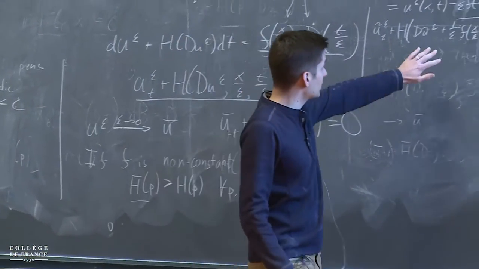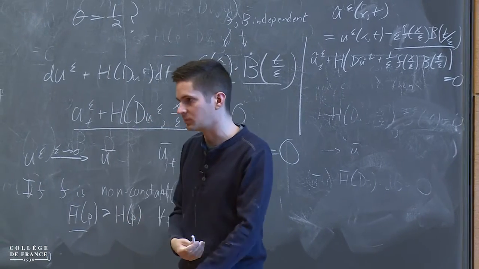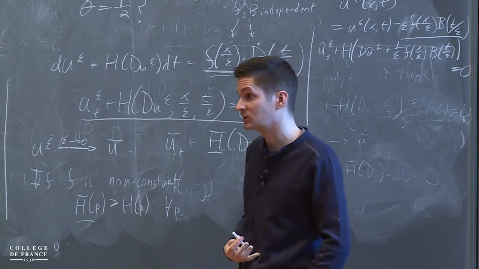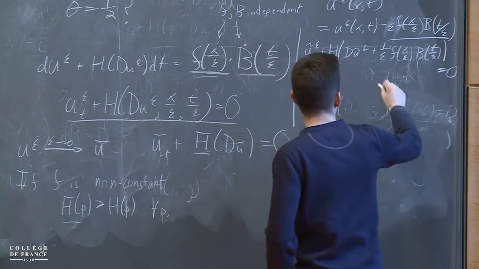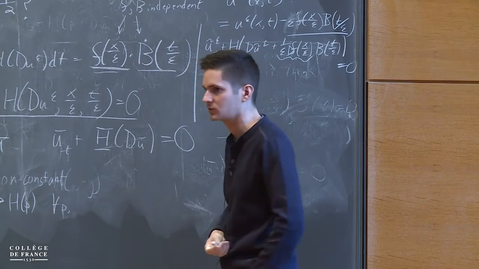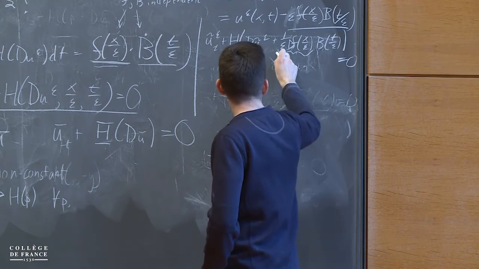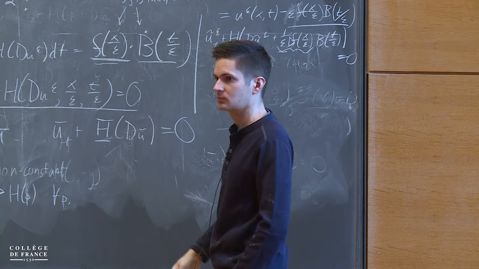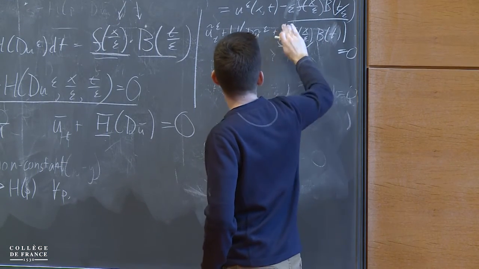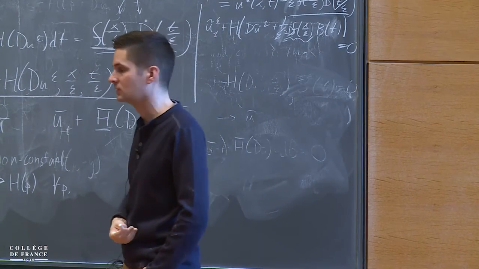And so now you say, okay, here's an equation which is classical. It looks like this equation here. Let me look up the available results on regularity of Hamilton-Jacobi equations. The problem is that if I try to apply them, I will have this term which is completely unbounded. There should be a gradient of f, of course. So the gradient of f naturally comes into play, and therefore I have a power of epsilon. Now the Brownian scaling helps you a little bit. Namely, if I replace this with t, then I can replace this with 1 over epsilon to the 1/2. But that still blows up, so it doesn't help you completely.